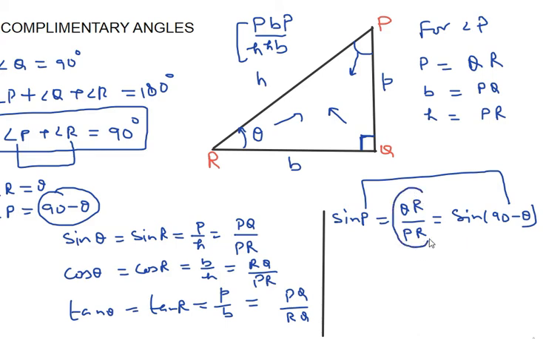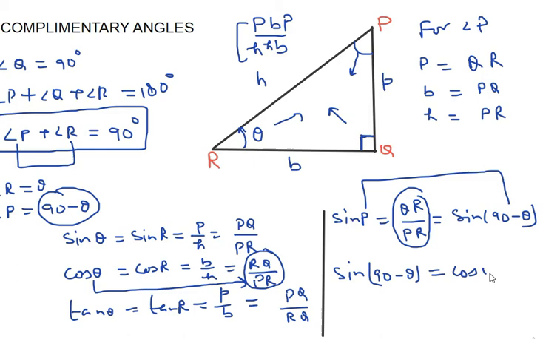What about this ratio? Please check it out. This ratio you are getting over here is equal to cos theta. So I can write sin 90 minus theta is equal to cos theta. This is the basics of complementary angles in a right angle triangle, which you will do in your exercise. So whenever we write sin 90 minus theta, it is always equal to cos theta. Let us check it out.